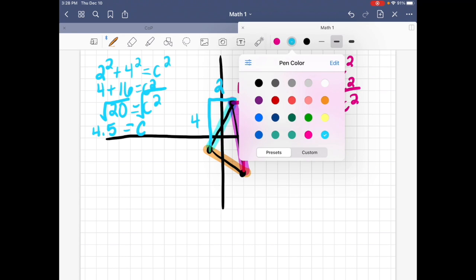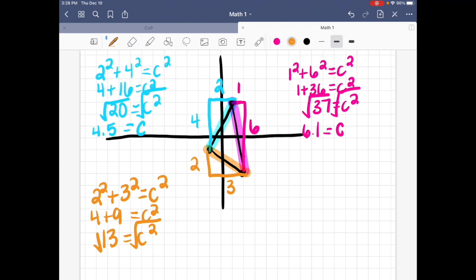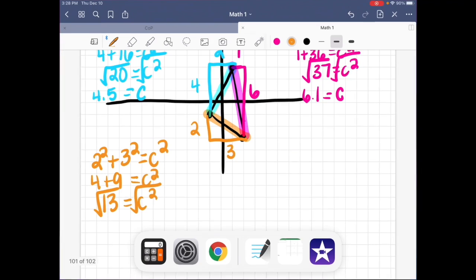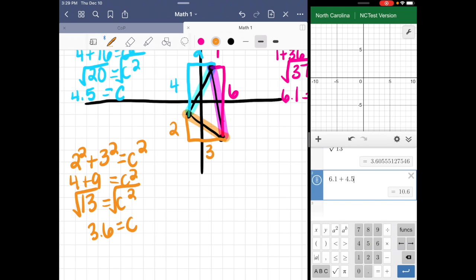All right, and finally, we have the third side. And we're going to make the right triangle for that one as well. All right, so we have 2 and 3. So we have 2 squared plus 3 squared equals c squared. So 4 plus 9 equals c squared. That's going to be 13. Take the square root. All right, so the square root of 13 is going to give me 3.6. So the perimeter, if we add up all of our pieces, so the first side we found was 6.1 plus 4.5 plus 3.6. So my perimeter